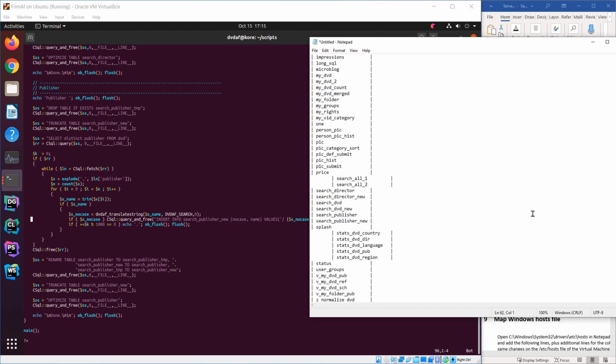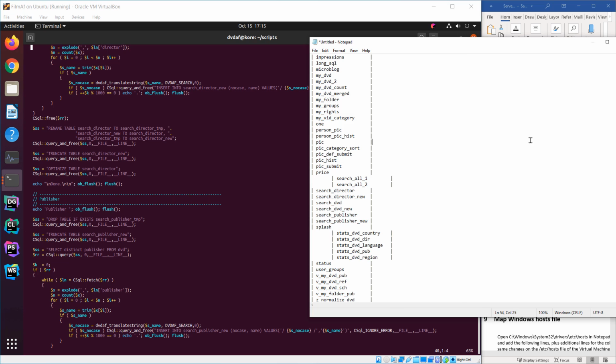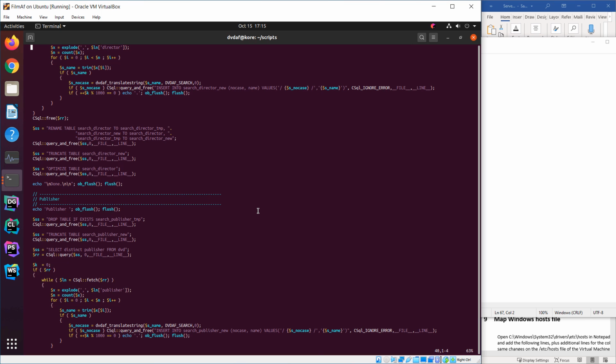So what is it updating? It's updating search publisher and search director. So we know it's updating this. It's updating this. And this, I think it's just used as a temp space, so you can see over here. So also touching this table. So that has been updated. Okay, very good. This search DVD is search DVD new, or probably